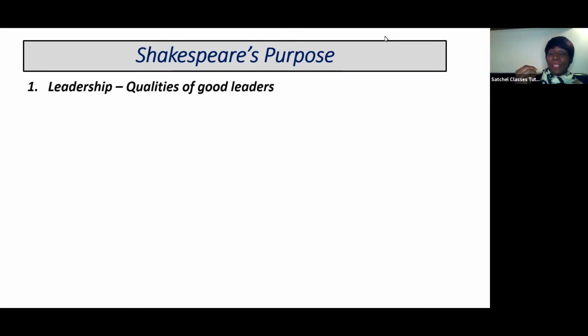Why? Well, Shakespeare uses Macduff to really think about leadership. What is the quality of good leaders? Leaders are powerful, and we can see a lot of Macduff's power in Act 4, Scene 3. He also looks at social order. What happens when you have poor leaders? What happens when leaders and kings are weak? And we can see that in Macduff running away to England when he should have been in Scotland, defending his country, defending his family, and all the social consequences of weaknesses in leadership.